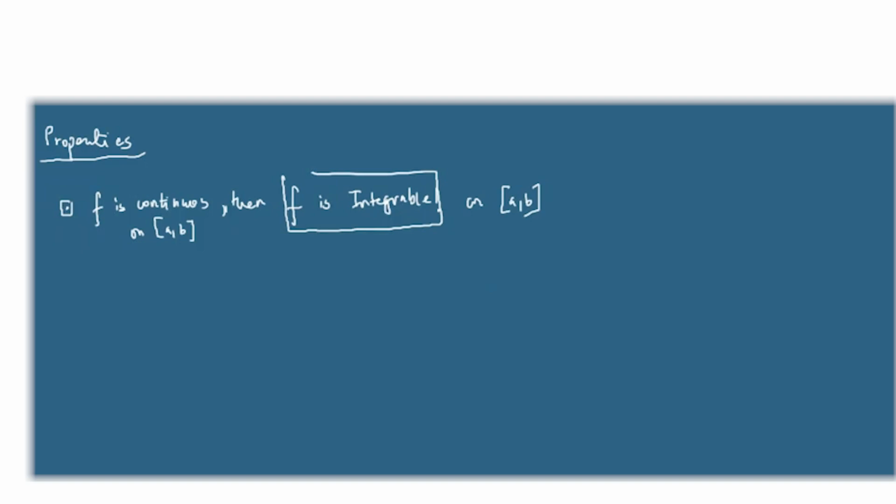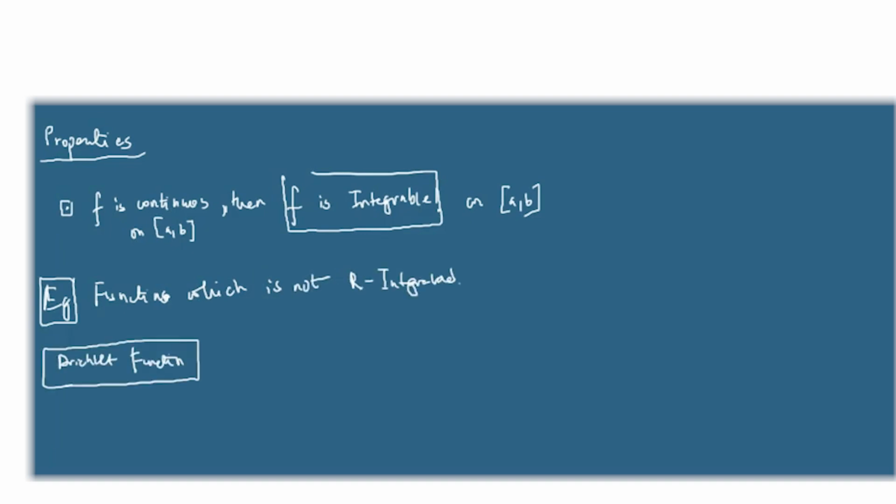Let's see what we can do more. We'll see a function which is not Riemann integrable. So what is the Dirichlet function? f(x) is equal to 0 if x is rational and 1 if x is irrational. So if you take f(x) on [0, 1],